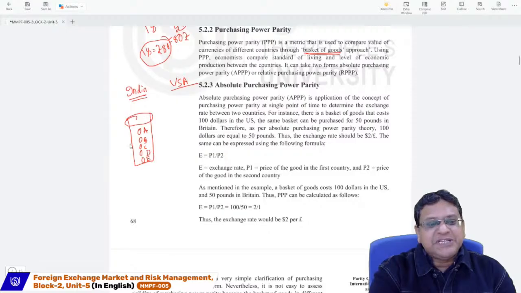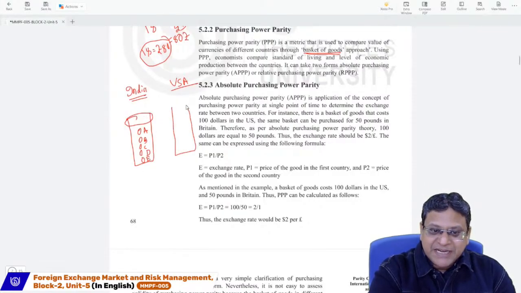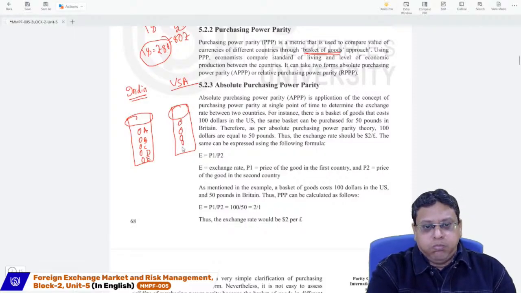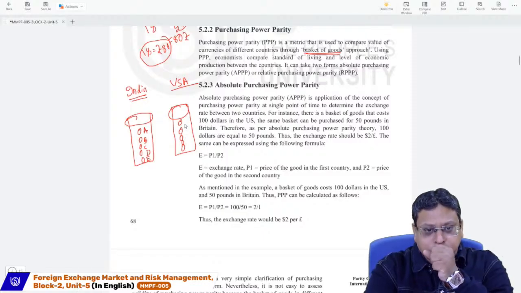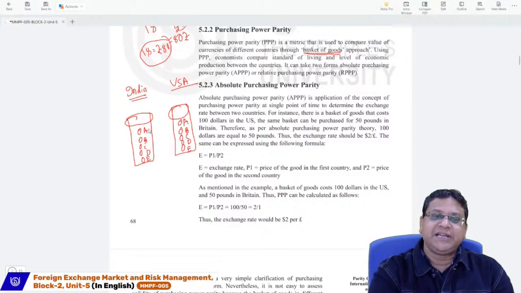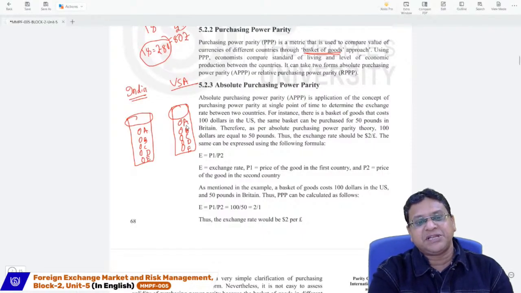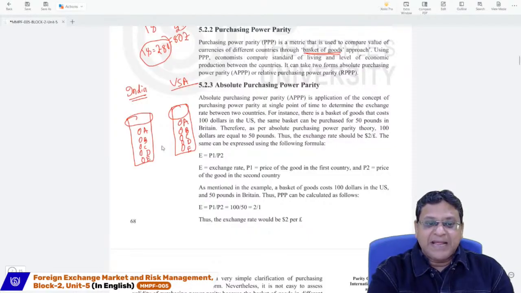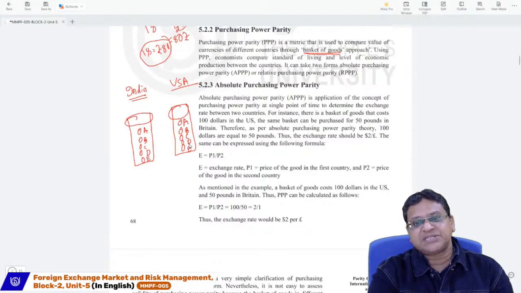The cost of this basket in India and the cost of a similar basket in the US must be the same. Similar goods are purchased in India and in the US, and purchasing power parity theory tells that the price of this basket of goods in India and the US must